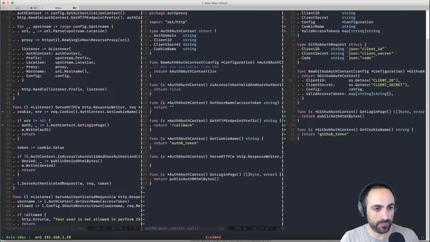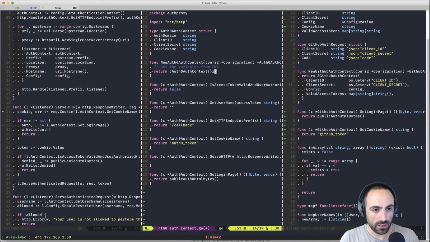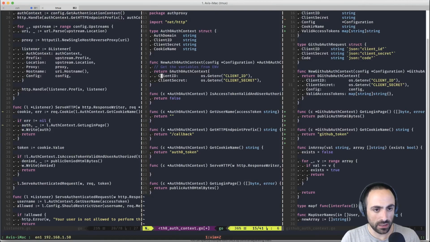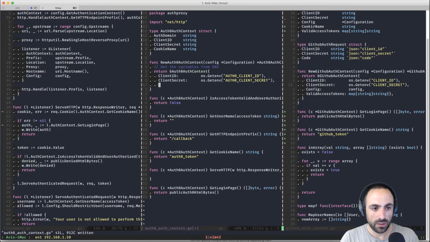here and here. So this is client ID and client secret, and this is going to be auth0 client secret, and domain. Actually, this is going to be auth domain.